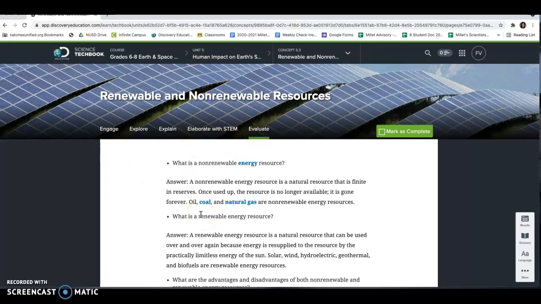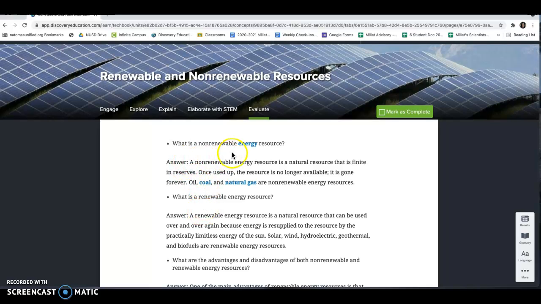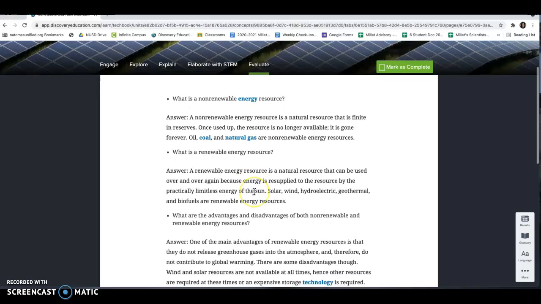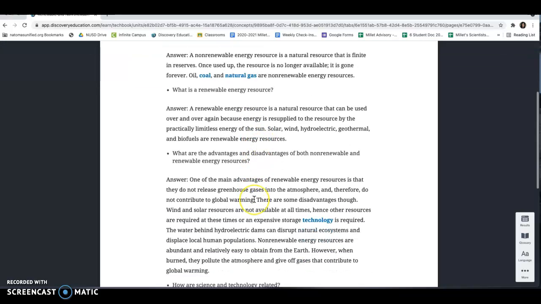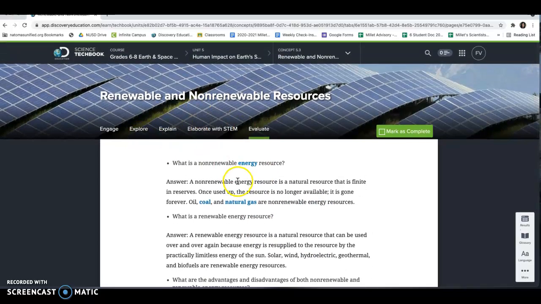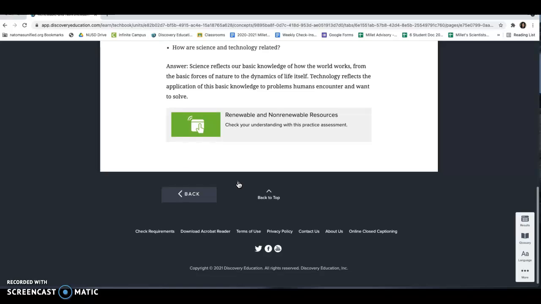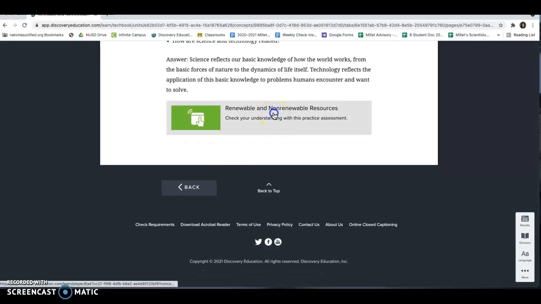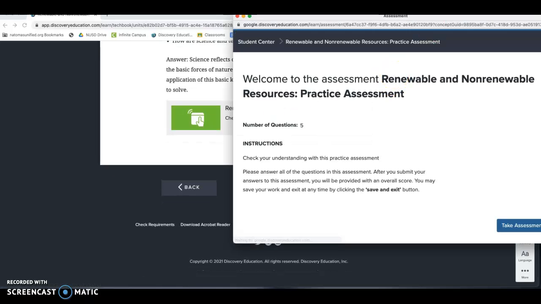So I recommend reviewing all these things. What is non-renewable energy? Make sure you understand the definition. What's renewable energy? So go through all of these. Make sure you understand everything in here. If you have any questions about it, you can always go back into the chapter or the unit and explore it. And then when you feel ready, go click on this link and it's going to take you to a